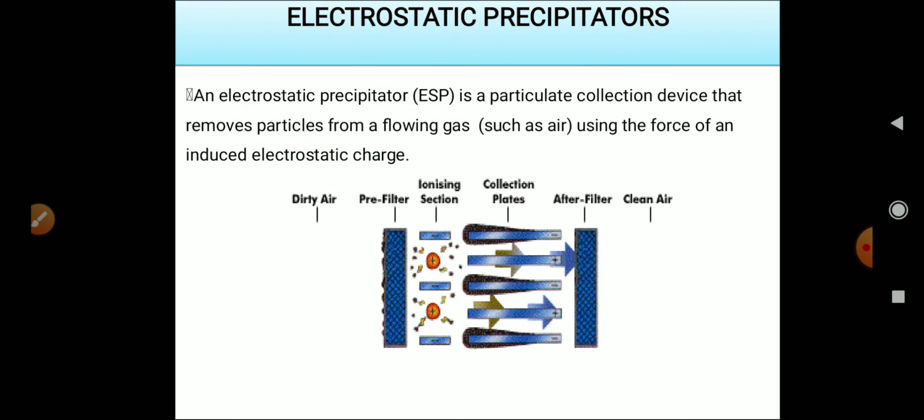Now let us move towards the very important topic of this video lecture, that is your ESP, electrostatic precipitators. In video number 1, I gave you a real-time example of Obra Dam. The city of Obra Dam has suffered very badly from the menace of flue gases. The flue gases contain the burned powder form of coal ash.